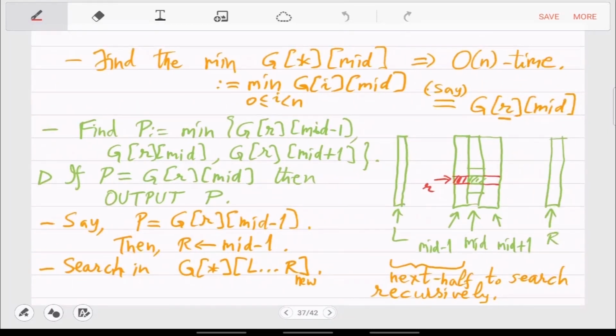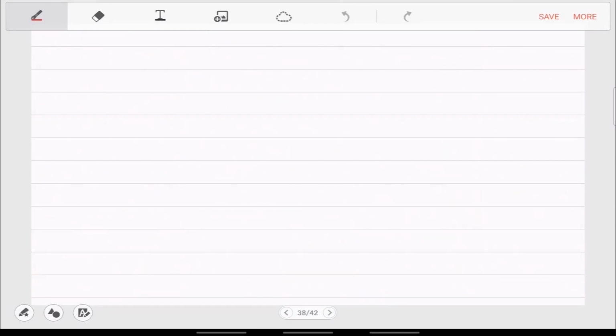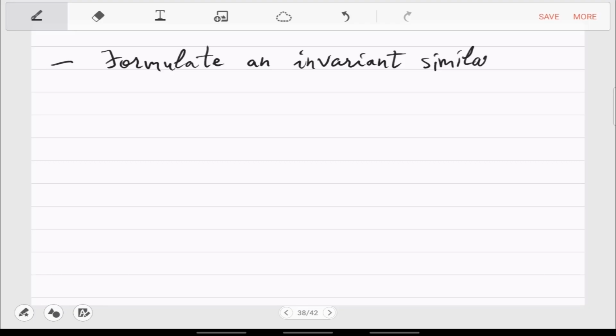So that version of lemma 2 you want here. So what you want is to formulate an invariant similar to the 1D lemma 2.